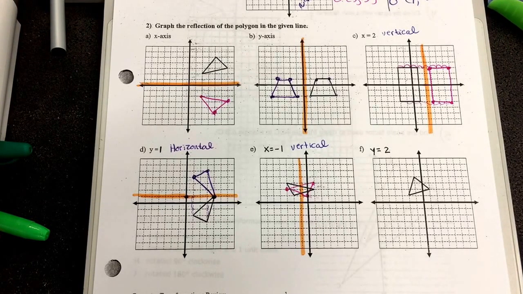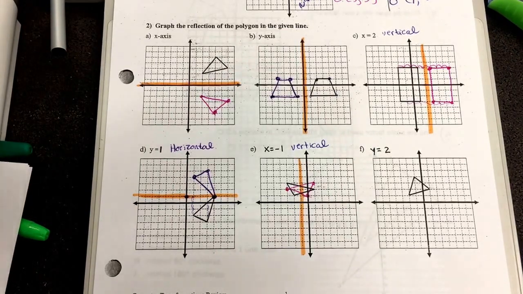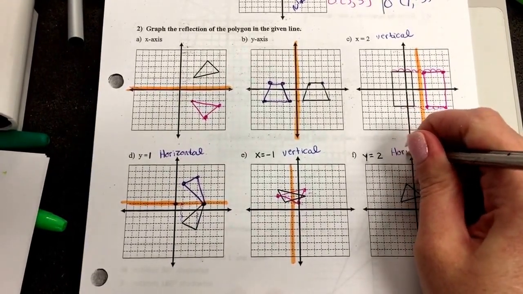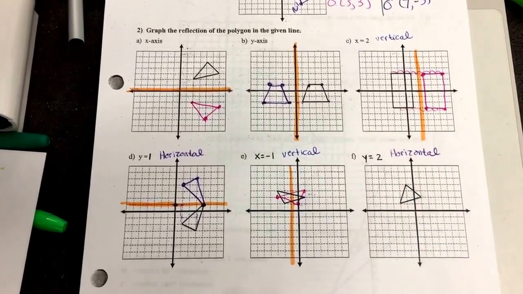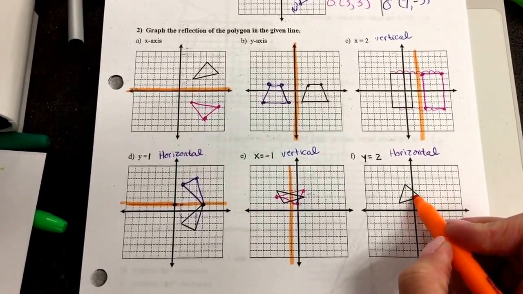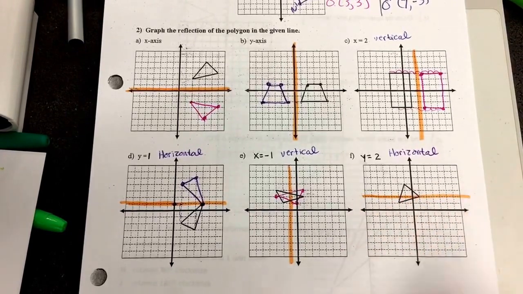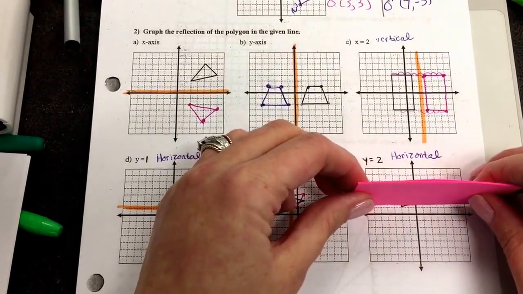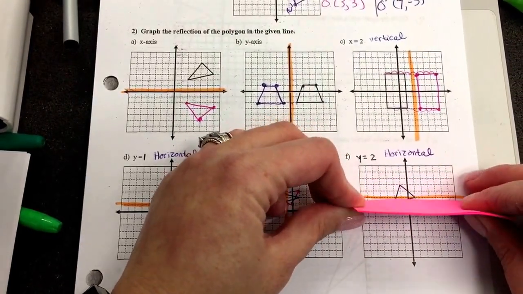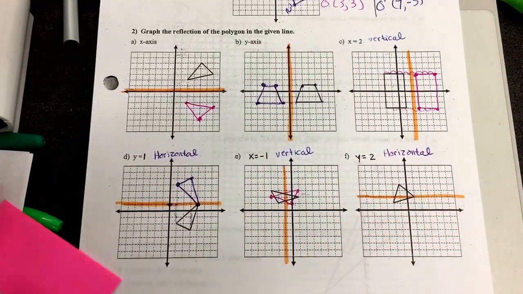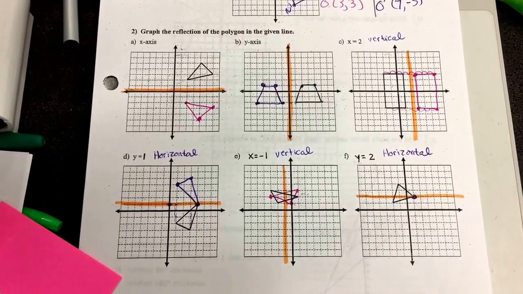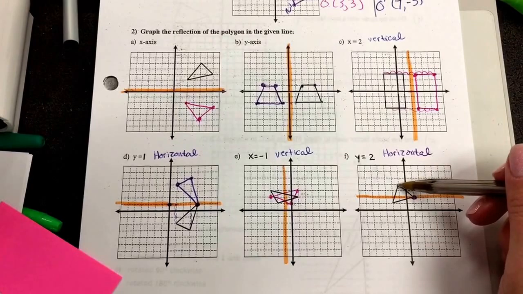All right, now F. Y equals 2. Y equals 2 actually is a horizontal line. Where you go up to on the y-axis here, we're going to draw this line. Once again, any of the vertices or points on the bottom are now the vertices or points on the top, and any of these on the top are now on the bottom. But we do notice that this one is on the line of symmetry, so we leave it. Okay, so this is the furthest one away, so let's look at this one. 1, 2